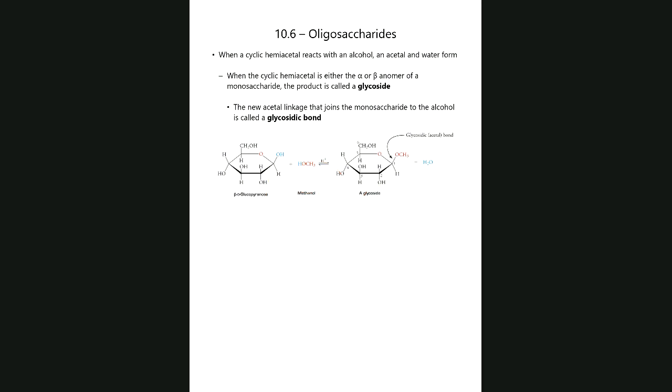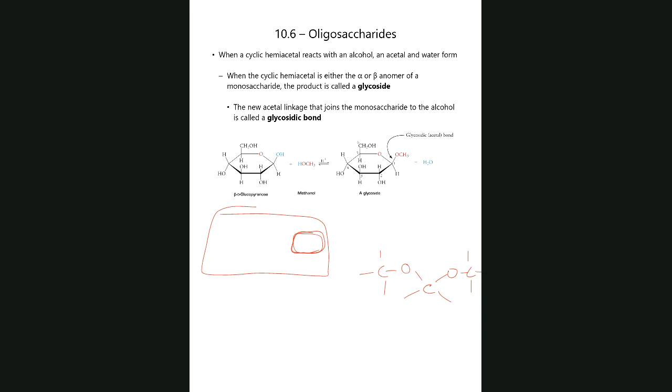We had mentioned this briefly. Let's sort of recap what it is now. How do you recognize an acetal? So an acetal is a carbon that's bonded again to two oxygens, but both of those oxygens are bonded to another carbon, okay? So if you take a ring structure like the one shown here, that's the cyclic form of glucose, if that structure reacts with another alcohol, here shown with the simplest of all alcohols, which is methanol,